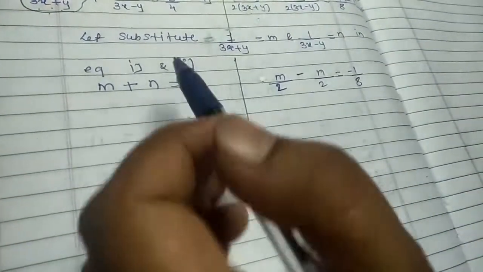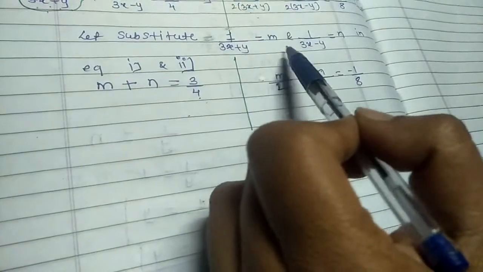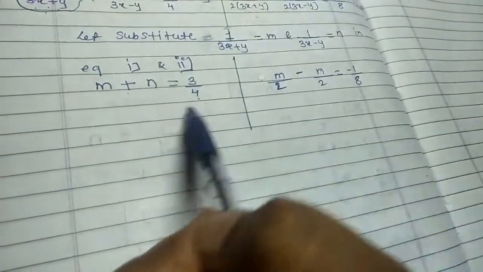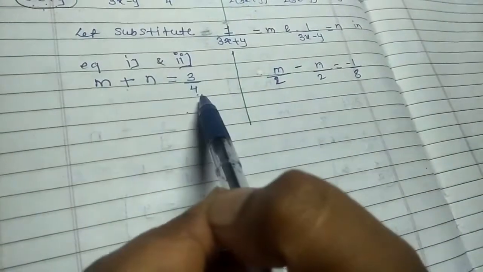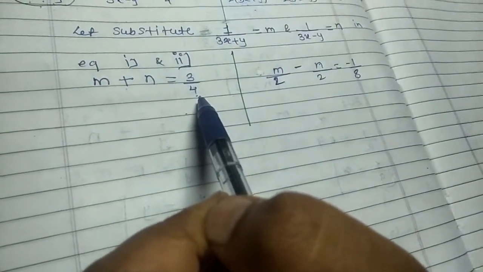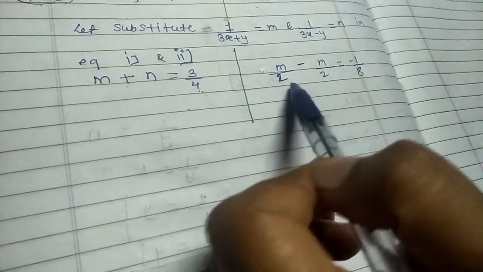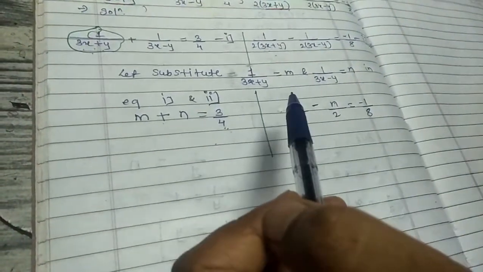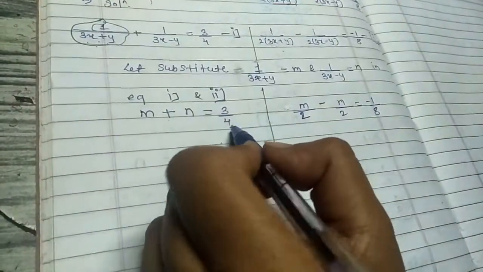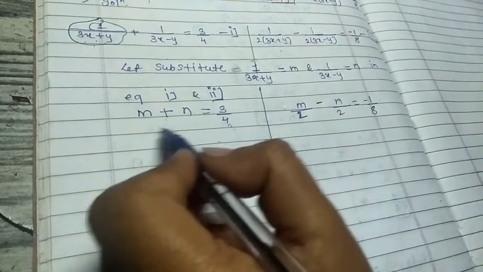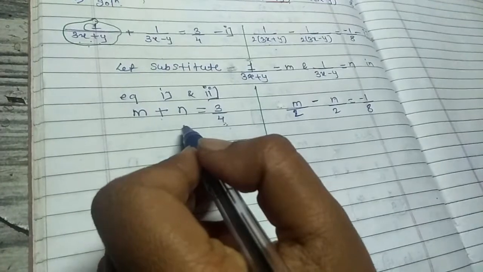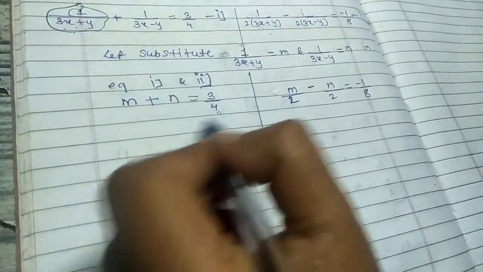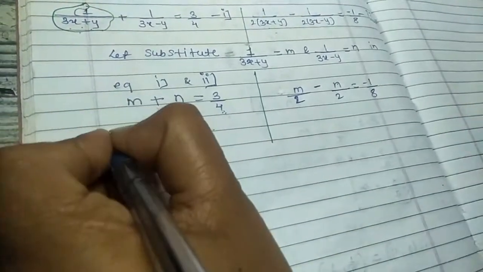Instead of that, our duty is, through these substitutions, to convert this equation into the standard form. But here it is still not a standard form. Why? Because in this equation there is a fraction, and all equations are in terms of fractions, so we have to convert into the standard form. The denominator here is 4. Whatever the largest denominator is, you have to multiply the full equation by that largest denominator.